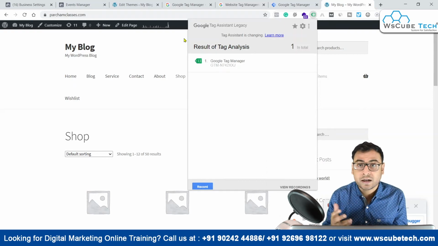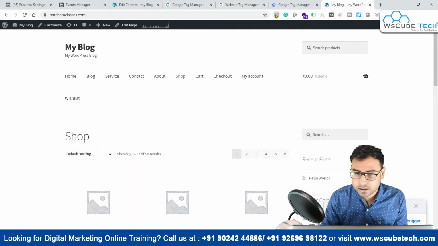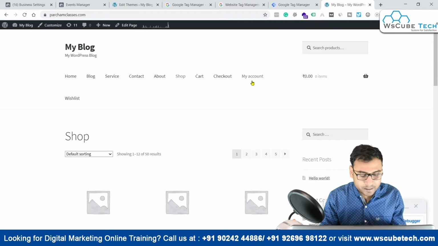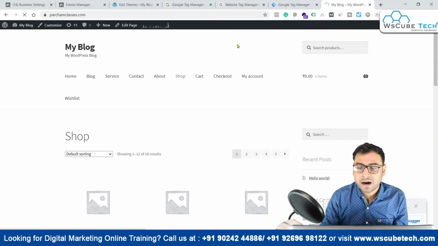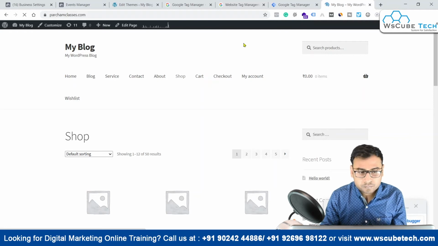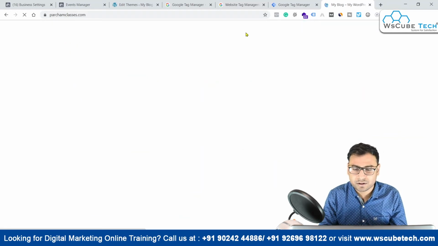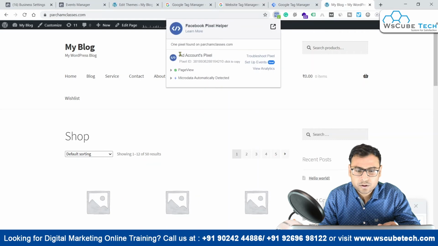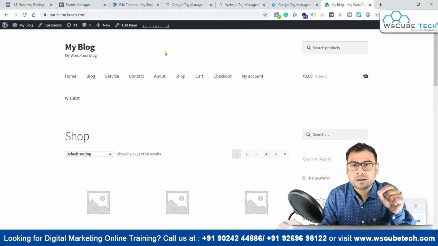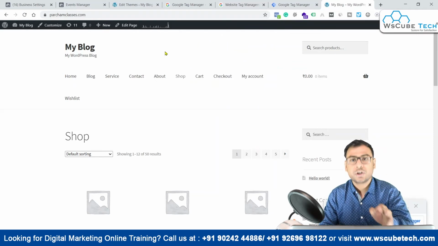So we have to install another extension. That is what we have over here. This is a small extension, very powerful, Facebook Pixel Helper, and this will identify whether we have any Facebook pixel on this website or not, right? So we have to refresh this thing first, and now you can see over here you have your ads account pixel installed over here, and it is basically tracking page views. And we have installed this pixel on each and every page of this website.